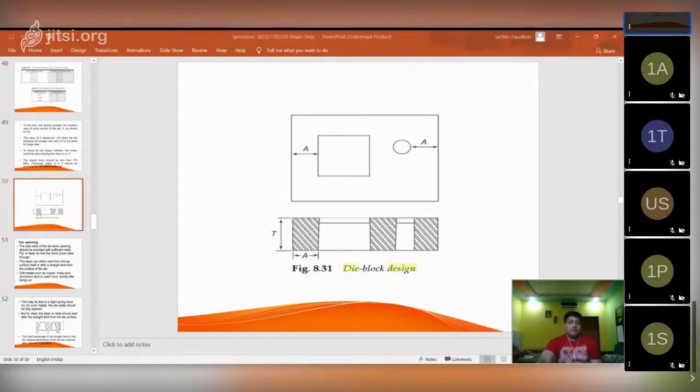So if you are going to use a softer material, guys, such as non ferrous alloys or ferrous alloys which are soft, then your die block can be made thinner. You can make a thin size if your material is softer. And vice versa, where the shear strength of the material is higher, you have to make the die block thicker. So depending upon your material, you can design or choose your die block.